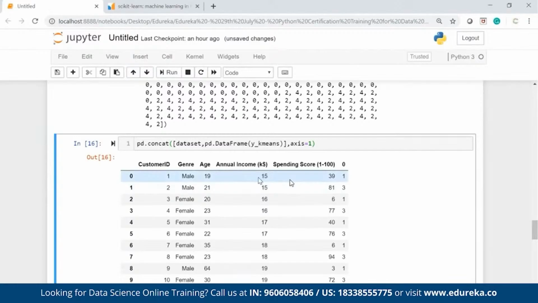And I can see from here the salary is less, spending score is less, belongs to cluster number 2. You can see customer number 3 also, her salary is less, and the spending score is also less. She belongs to cluster number 2 as well. So from here I can clearly see how customers are segregated based on salary and spending score. You see my salary is less but spending score is high, cluster number